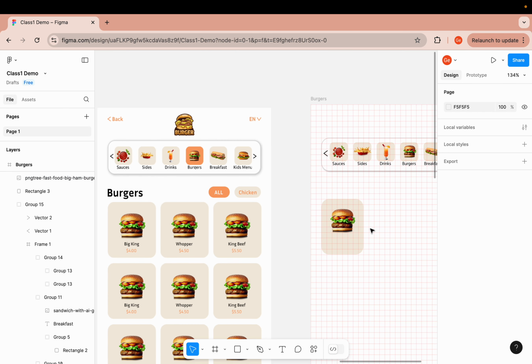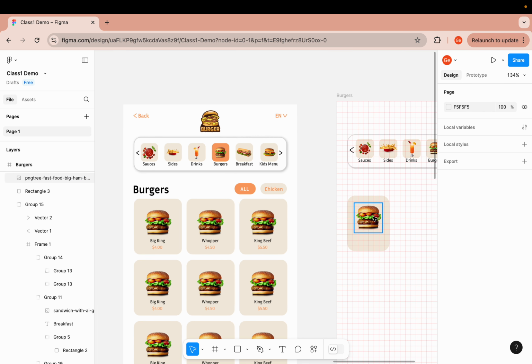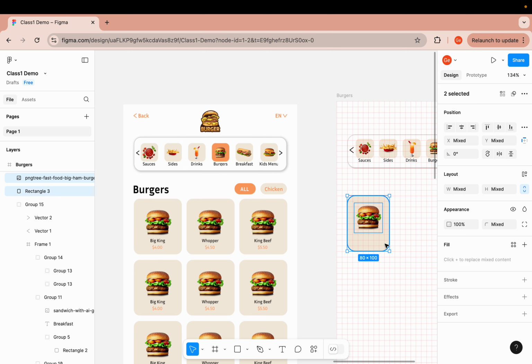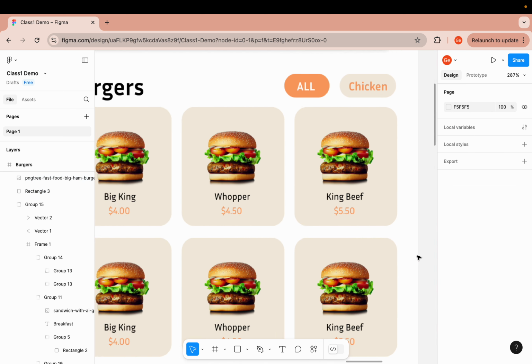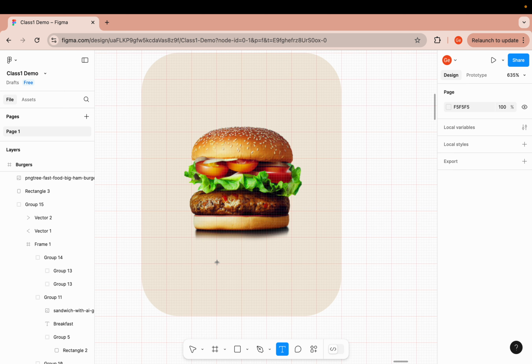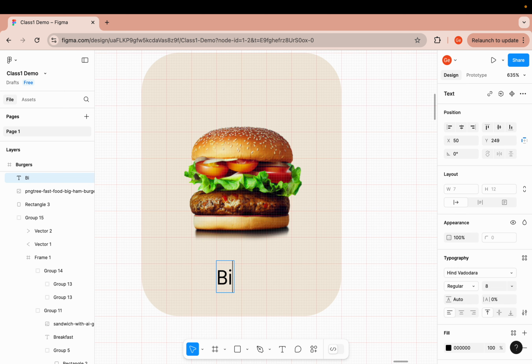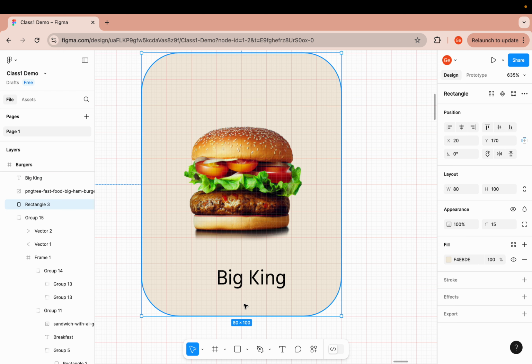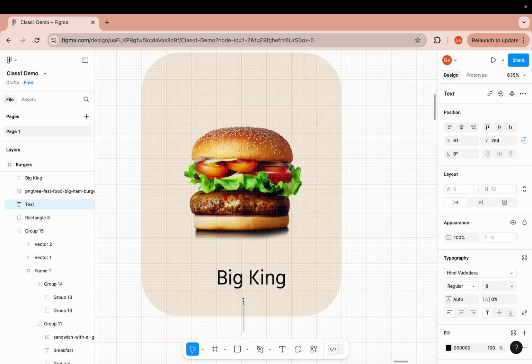Yes, and we can also make sure it's at the center. Do both horizontal center and vertical center, and we can give the name of the burger. It's called Big King, and I'm going to type again. So the price is $4,